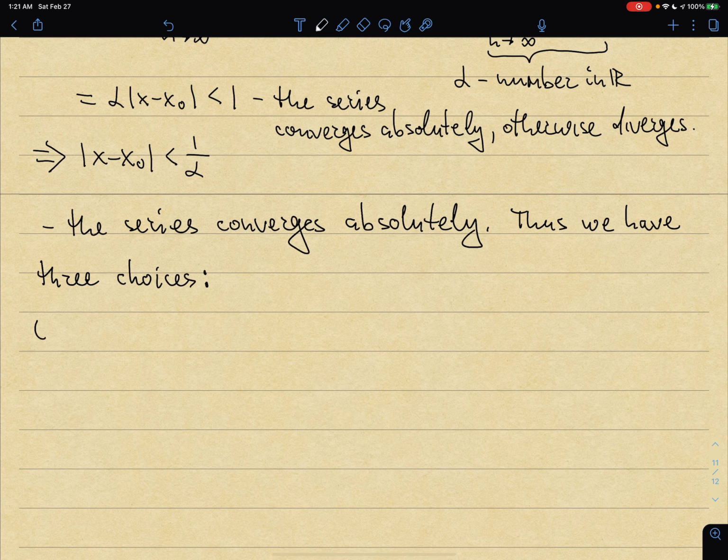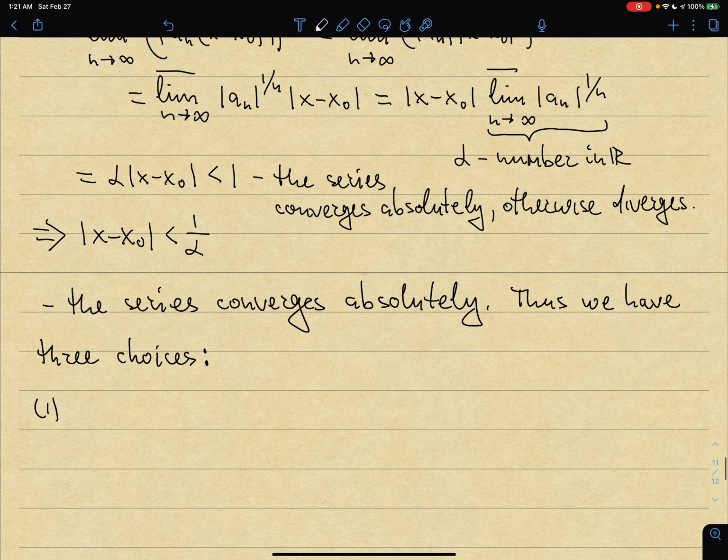Number one, what happens if alpha is equal to, let's see, what can alpha be? If I'm taking lim sup of some sequence, then remember we discussed that lim sup can be a finite number or it can be infinity. In fact, in this case, you're taking lim sup of a non-negative sequence, |a_n| to the power 1 over n. So that means that the lowest lim sup can be is 0, and the highest it can be is infinity.